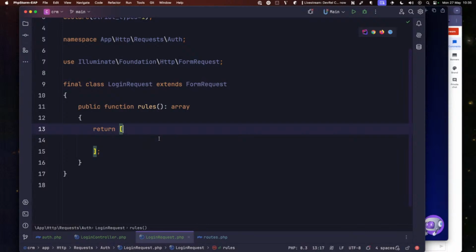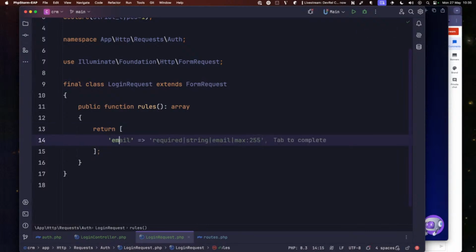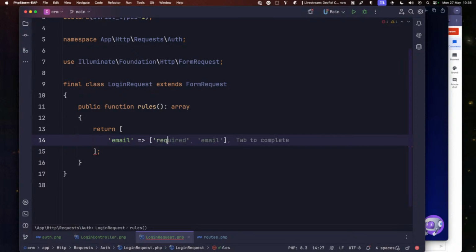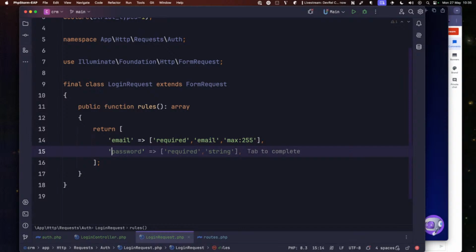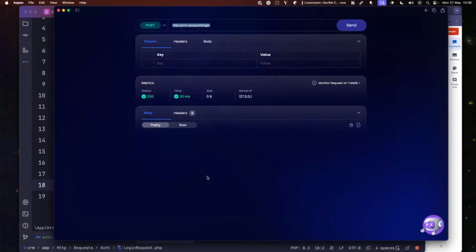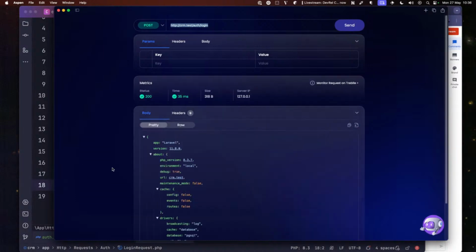So now what we want to do is pass over our email, and that is going to be required. Must be an email. And we're going to say that it's got a max of 255. Password is required string. We're also going to set the max of 255 on that as well, so that we don't get any sort of issues there. So come back to Aspen, and when we press send, we get, oh,